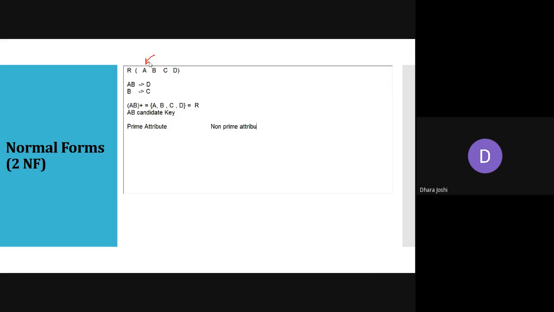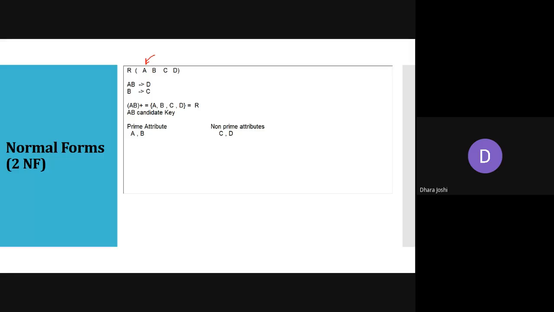Prime attribute means the attributes which are available in the candidate key. So for our example, it is A and B. And non-prime attributes means the rest of the attributes. In our example, it is C and D.